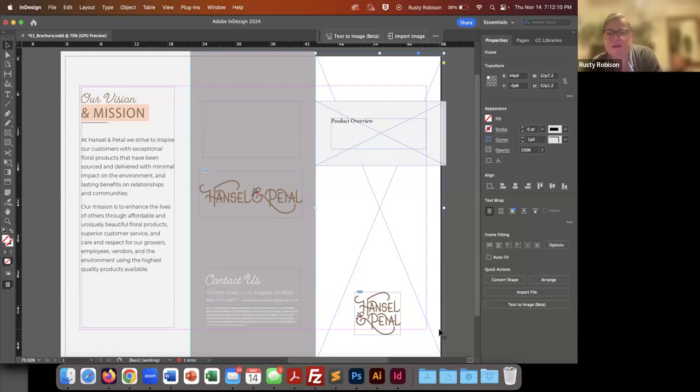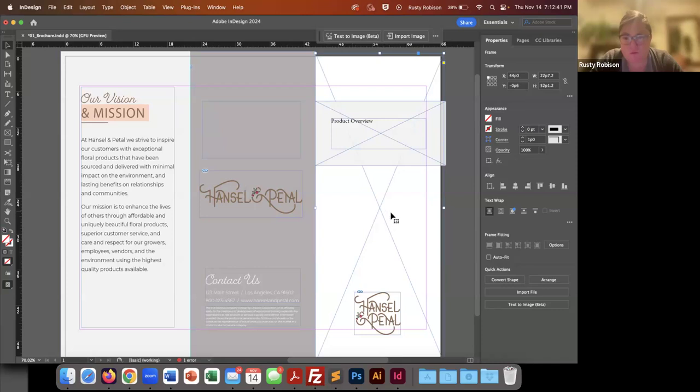What that tells me is that that frame is meant for artwork, for photos. Now, these things are fudgeable. You can turn an artwork frame into a text frame, and you can add photos to text frames, and you can swap things around, but